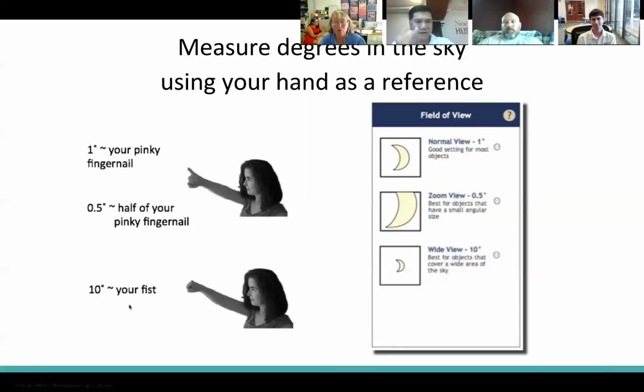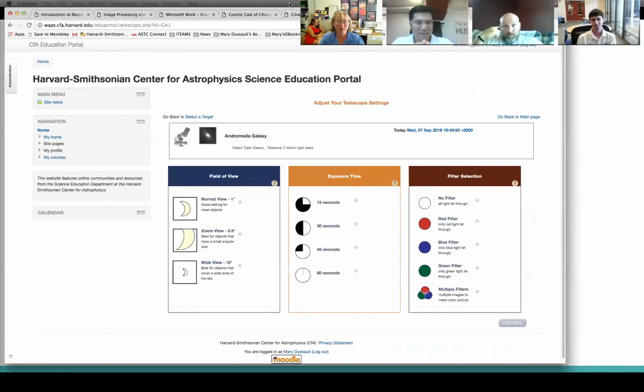So astronomers work a lot in angles. So let's go back to our Andromeda telescope interface. I'm going to choose the normal view, which is typically the one you most want to use. You have several exposure time settings, and this is really setting how long the shutter is open inside the telescope. For dim objects, you want